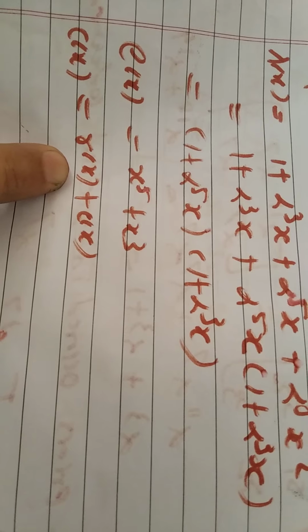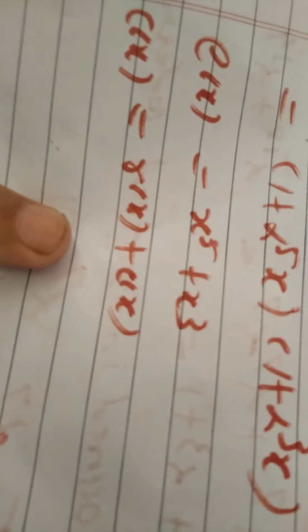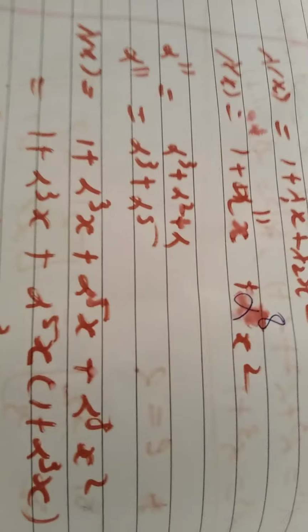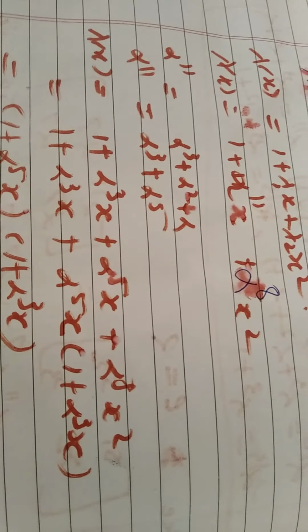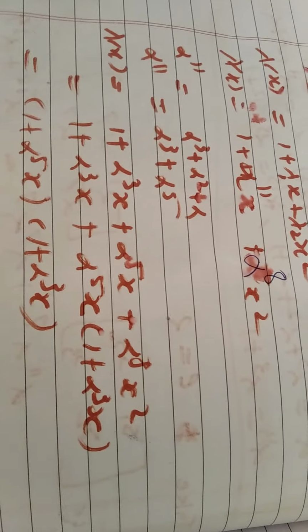So Cx is equal to Rx plus Ex. Now Rx is equal to x raised to 5 plus x cube. So Cx is equal to x raised to 5 plus x cube plus x raised to 5 plus x cube. So that is total 0. That means the correct code word is 0. So this is the brief idea or outline for solving the BCH decoding problems. Computation or calculations are not covered in this video. This video only gives you the brief outline of the BCH decoding problems.